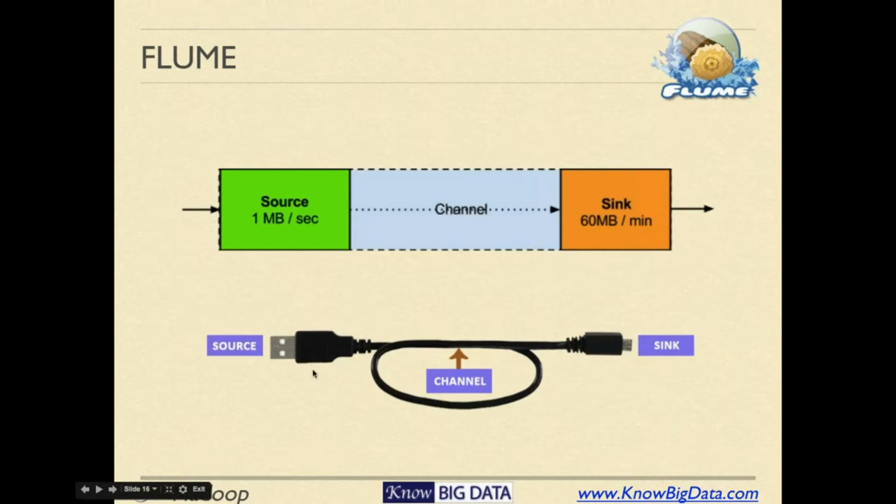So if you could just replace this with the AC socket, it would be wonderful. Similarly here, the sink might be some other phone. Okay, I'm just taking an analogy. So on a machine where a Flume agent is running, you might want